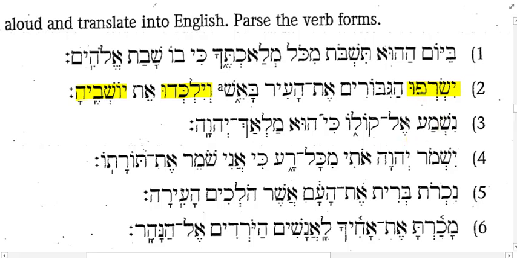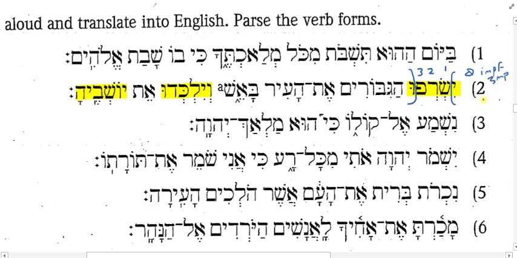First of all, we have yisrafu. This is one of your new verbs. So we've got three root letters: sin, resh, pei. Bracket out your prefixes and suffixes to figure out what conjugation it is, whether it's the perfect, imperfect, or participle, and then look at your vowel pointing as well. So which conjugation pattern is this, perfect, imperfect, or participle? I've got a prefix yod, so that's the imperfect, right? So Qal imperfect. I have a yod in the front, shureq at the end. Which person, gender, number is that?